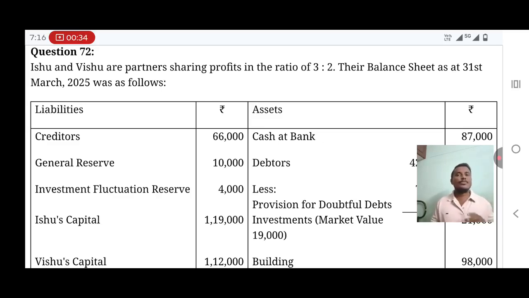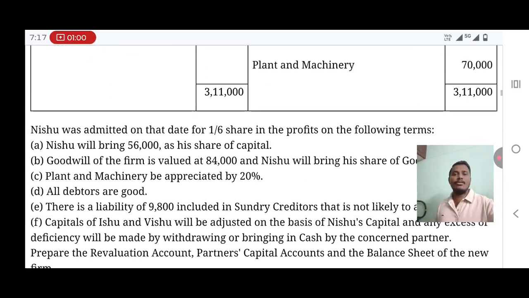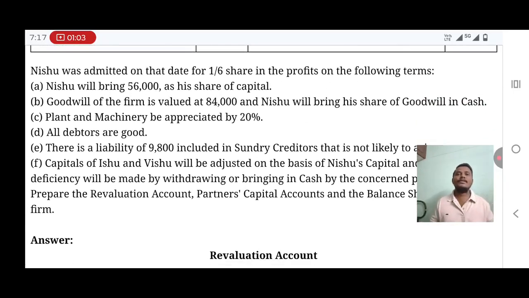So here, question number 72. Ishu, Vishu are partners. I have taken it from chapter 4, Admission of a Partner, CBSE syllabus, question number 72. The question says that Ishu and Vishu are partners sharing profits in 3:2 ratio. Their balance sheet as of 31st March 2025 was as follows: liabilities in rupees and assets in rupees. So they have given the balance sheet also, and on that date Nishu was admitted for a 1/6 share in the profits